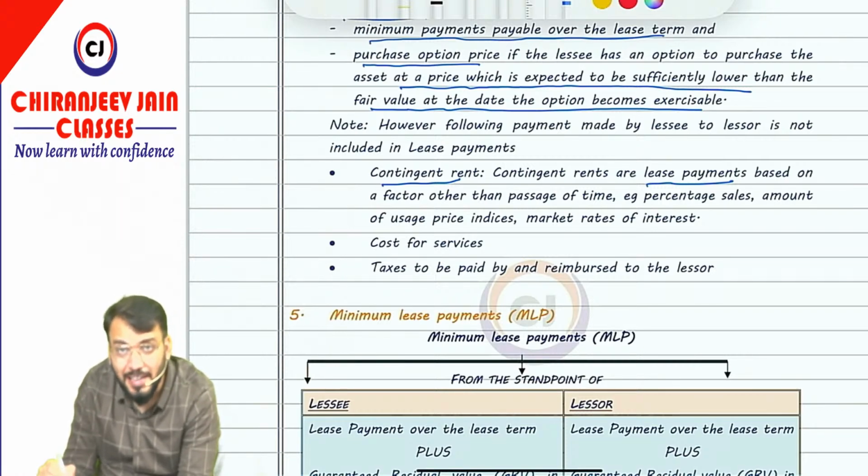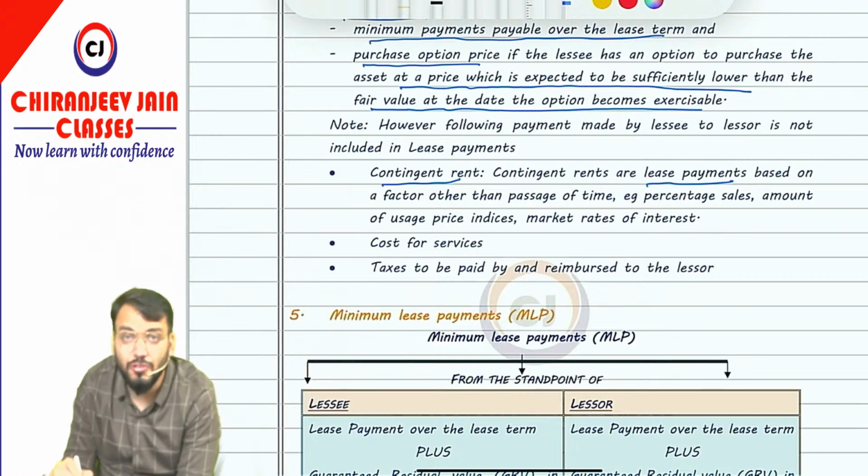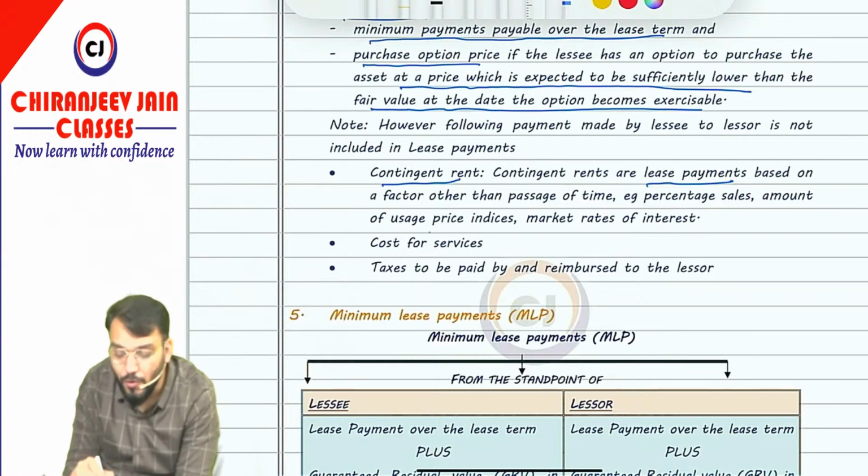If some rent is contingent on the happening or non-happening of some condition in future, that is known as contingent rent, and contingent rent will not be a part of lease payment. So any payment based on a factor other than passage of time, for example percentage of sales, amount of usage, or market rate of interest, will not be included in the